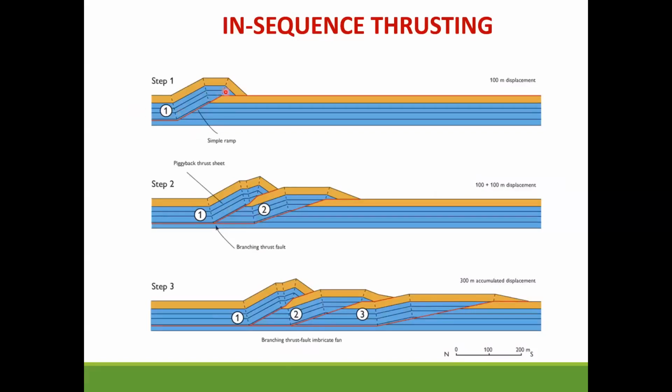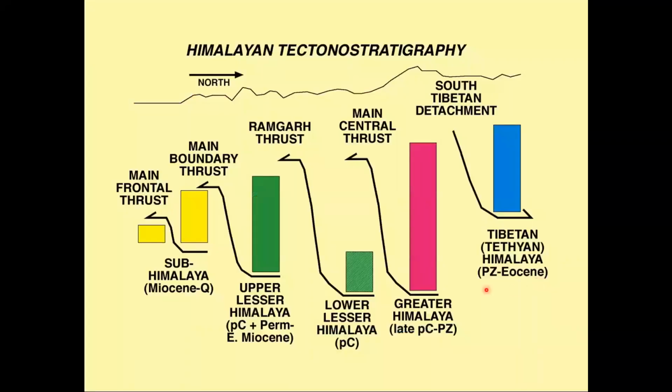If you zoom into this wedge, you start developing what are called thrust sheets. In step one, you got one fault and had 100 meters of displacement. In step two, you had 2, and in step three, you had 3. So you keep accumulating displacement that way, and each of these faults is formed in that way. The sequence is, as you go back into the mountain towards the north in the Himalaya, they are older, and these keep getting rotated and modified as the younger ones form.